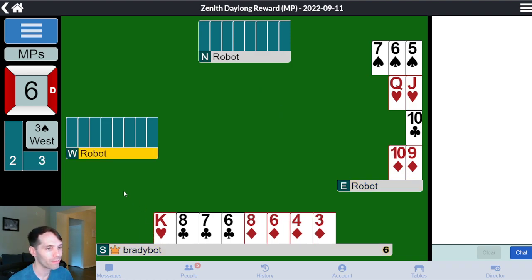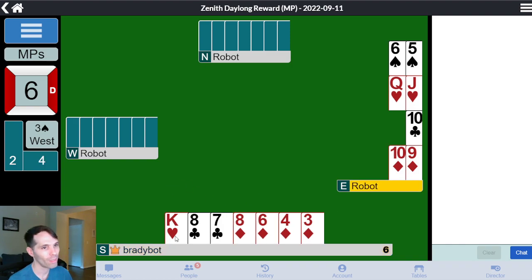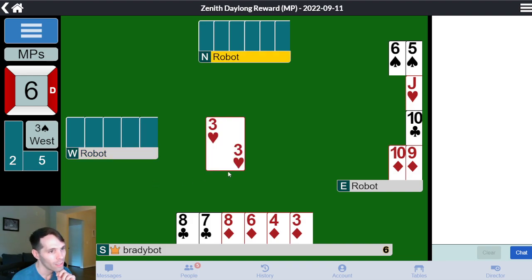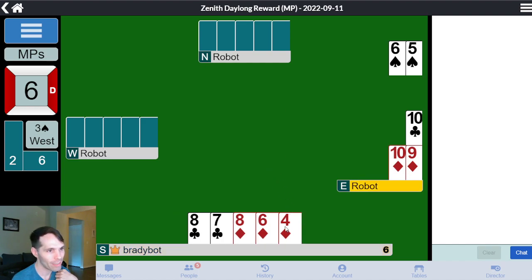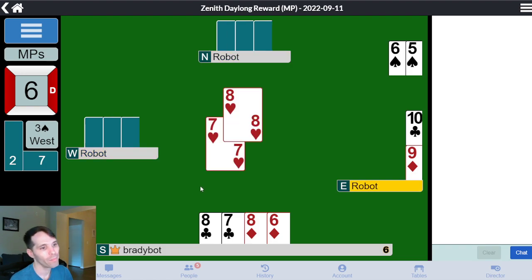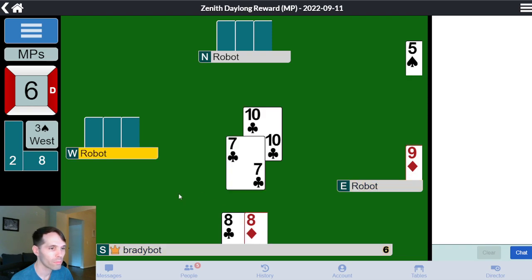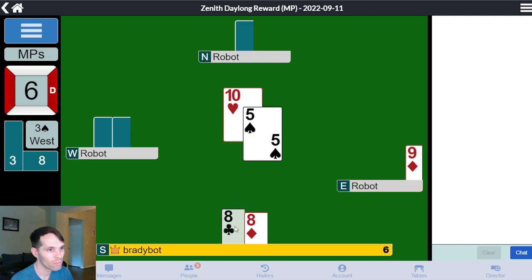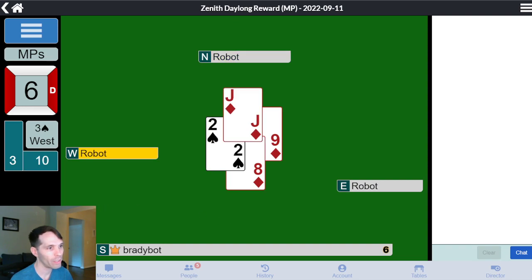Yep. And a heart finesse. Look at that, it's winning. So Declarer has kind of blocked the heart suit, but they do have the diamond king as an entry. All right, looks like we